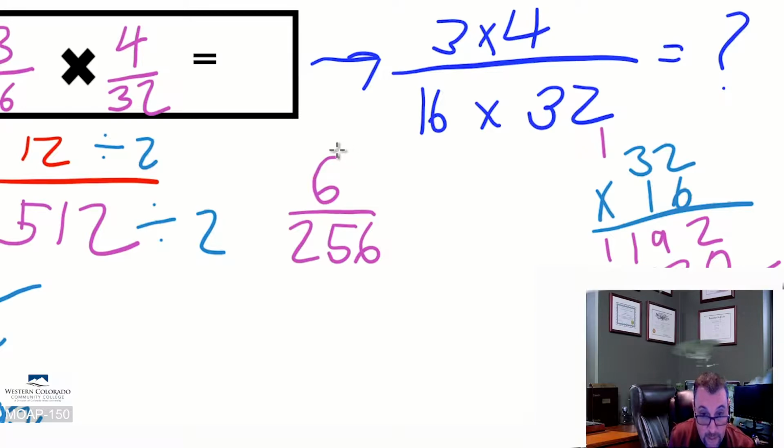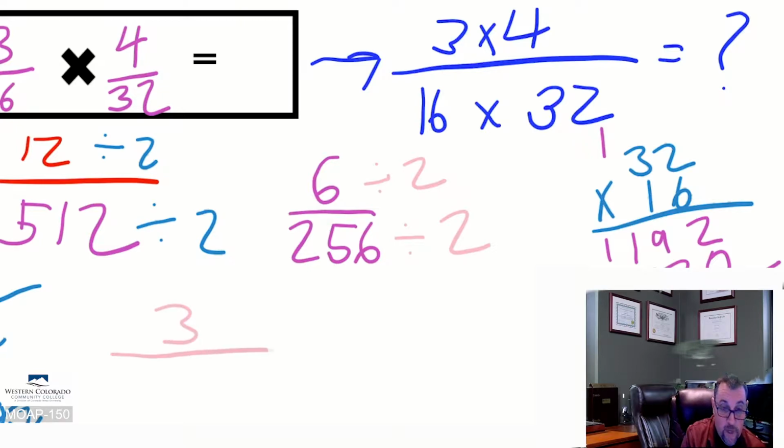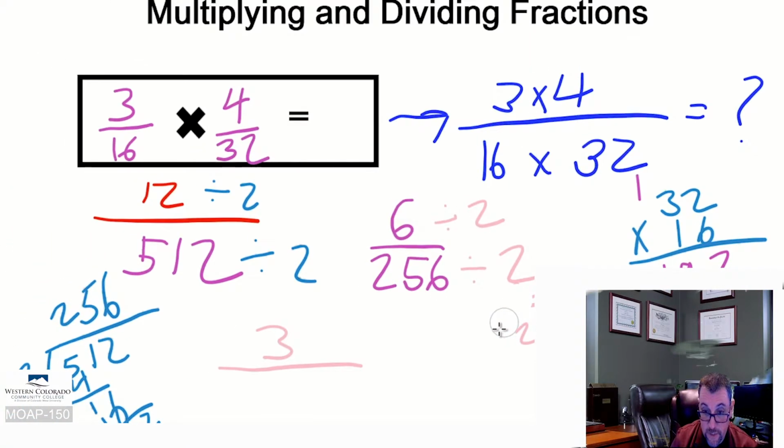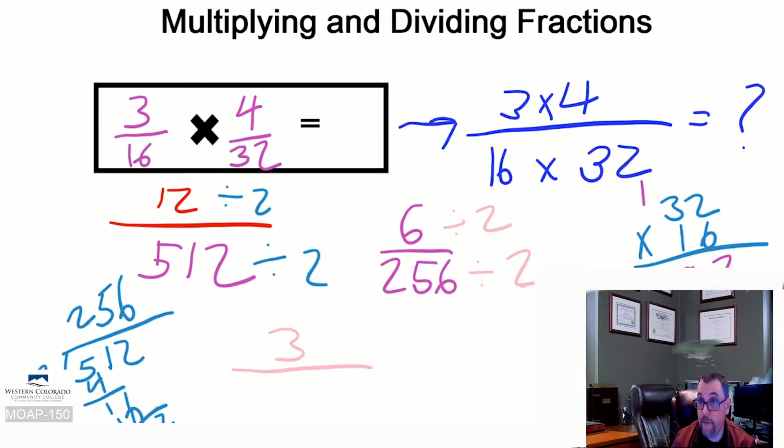Okay, we obviously know once again that this can be reduced further because we still have even numbers on both sides. So let's keep going. 6 divided by 2, 256 divided by 2. So 6 divided by 2 is 3. That one's easy. And if we do 256 divided by 2, does 2 go into 2? Yes, sure does. And in fact, I should probably use a different color here, because I got a bunch of numbers floating on the screen that may not be very helpful here. Okay, so we're going to do